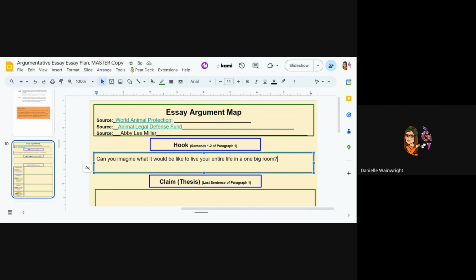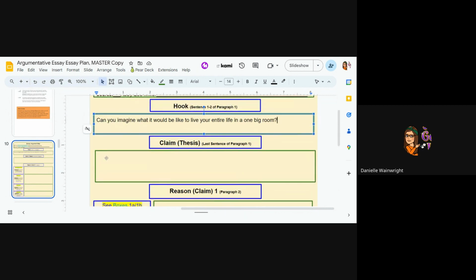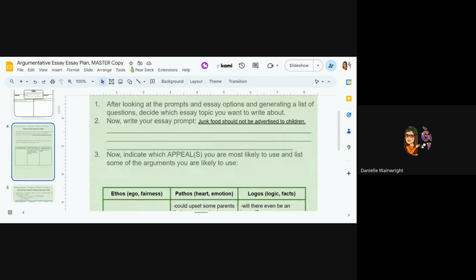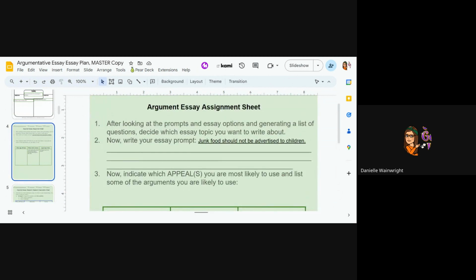Okay. Now, then I'm going to do my claim or my thesis. And this, by the way, I was so impressed because I saw some of you actually just doing this on your own on slide 4, where you wrote your prompt. You didn't have to. And for the most part, I told you don't delete your work because I said you might use it. Well, here's where you might use it.